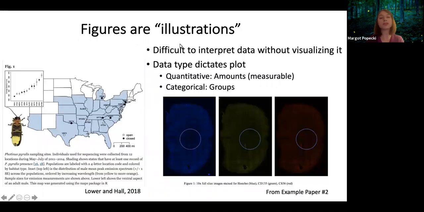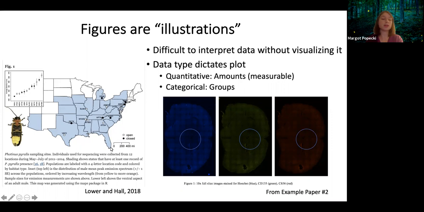So I like to think of figures as illustrations, mainly because it's difficult to interpret data without visualizing it. For example, Lower and Hall, these authors could have presented their sampling scheme data as a table. They could have just reported the GPS coordinates, whether it was open or closed habitat. All of that could have just been organized into a table. That would be acceptable. But to really make it clear for the reader what they did, they decided to actually